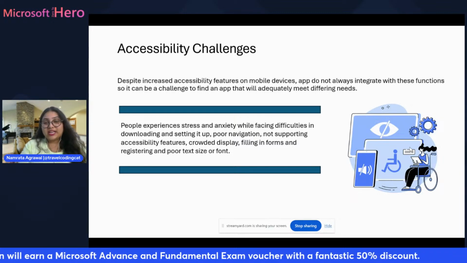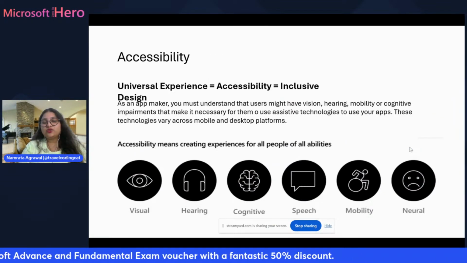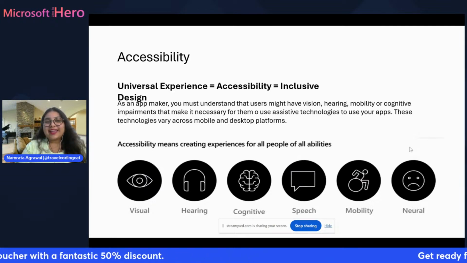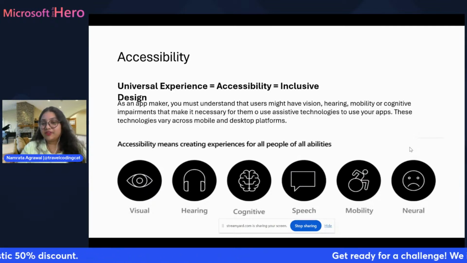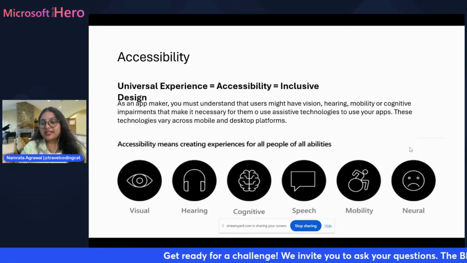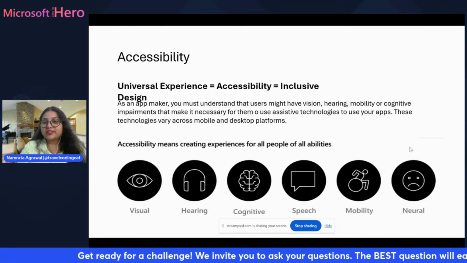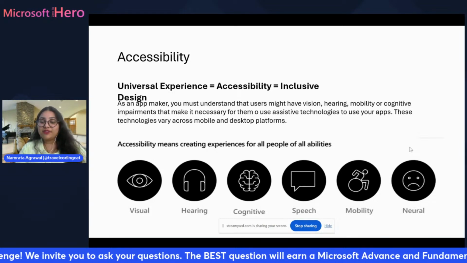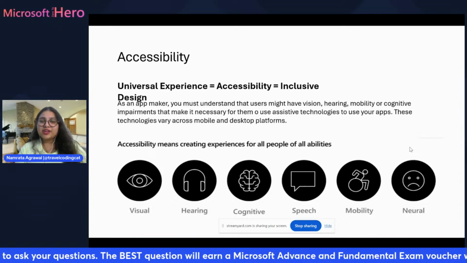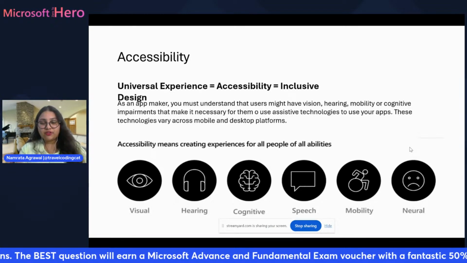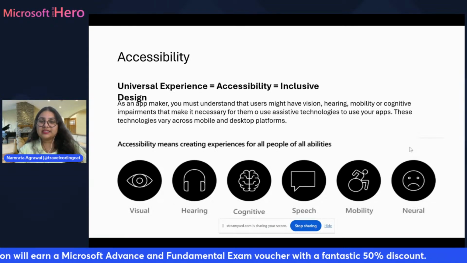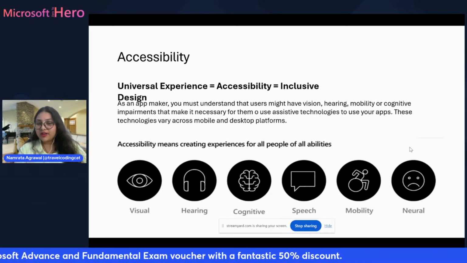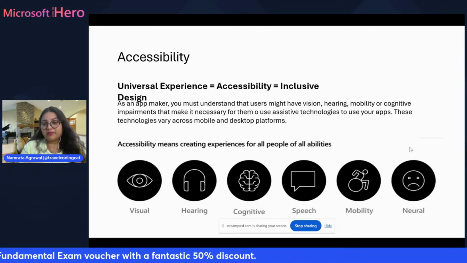So dealing with these challenges, we need to have clarity, right? We have to make sure that the experience is for everyone, regardless of their abilities. You bring out a solution on the platform, you put it on the table to say that, okay, this is the solution, we are solving a real life problem. But are we making sure that that experience is for everyone? Is it inclusive to all types of people? There could be people with different abilities. It could be